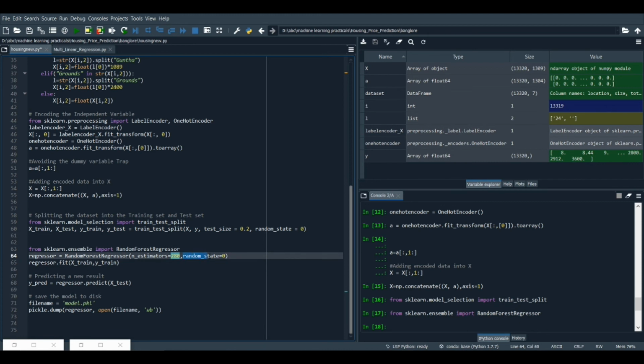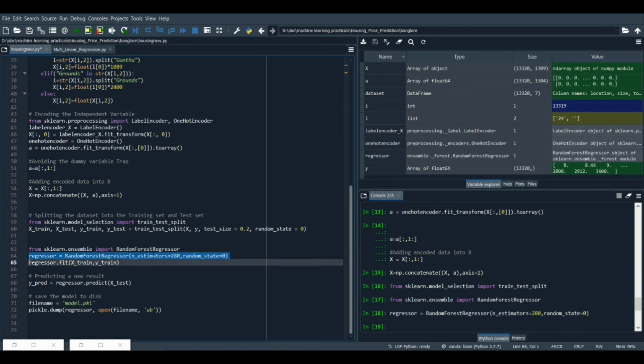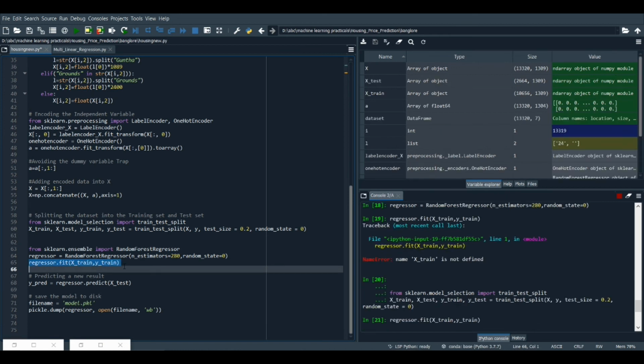And then we are going to pass random_state equal to 0 for not random training, and only go row by row for training of our model. Now after executing this line of code, we are going to create a model named regressor with around 280 decision trees for our forest. Now after that, we are going to fit our regressor model with our training data, that is X_train and y_train. So after executing this line of code, we are going to fit our model of 280 decision trees with our training independent variable and our training dependent variable.